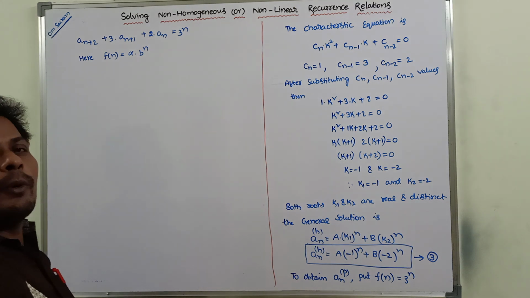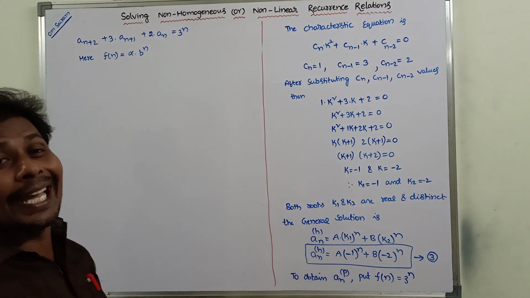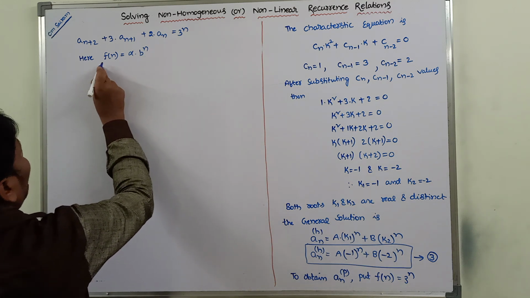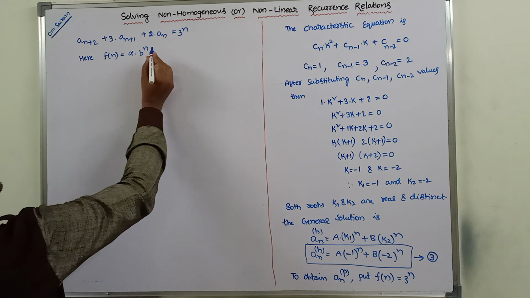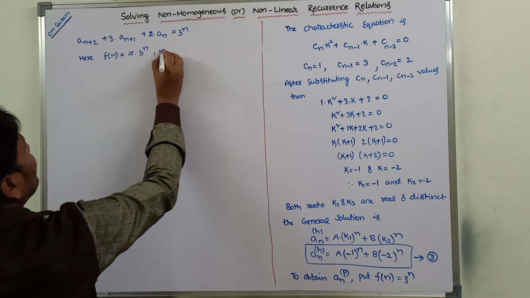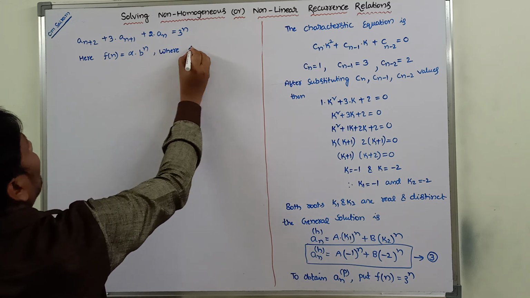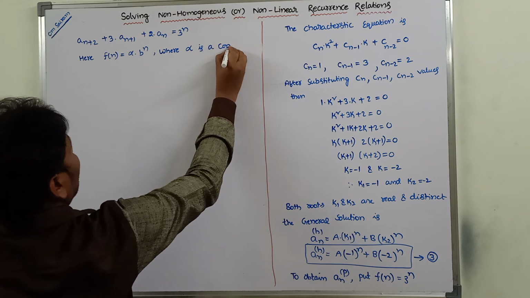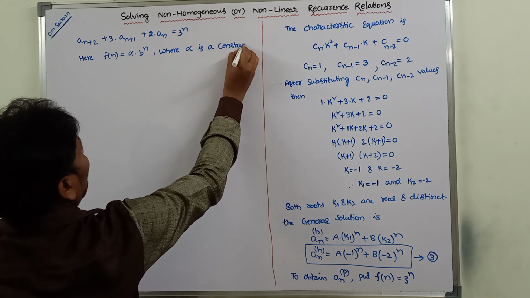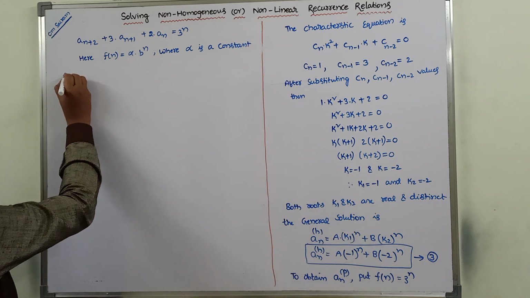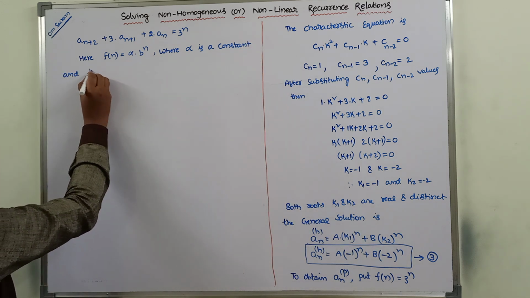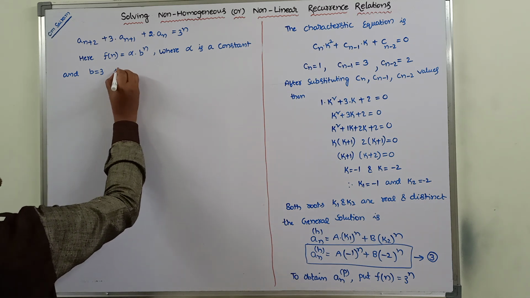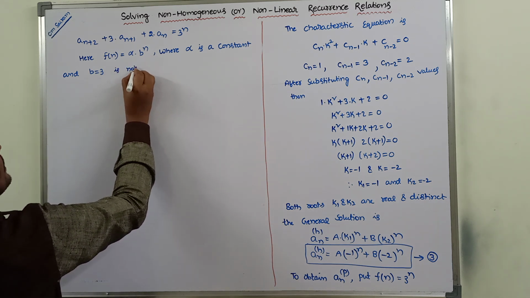So now we go for case 3. So here f of n is equal to alpha into b power n, where alpha is a constant and b value is equal to 3. b value equal to 3 is not a root